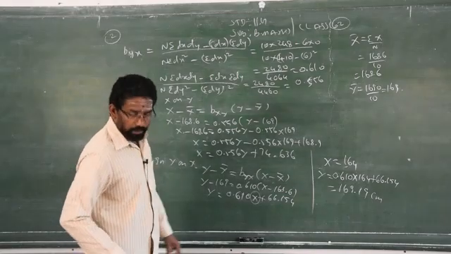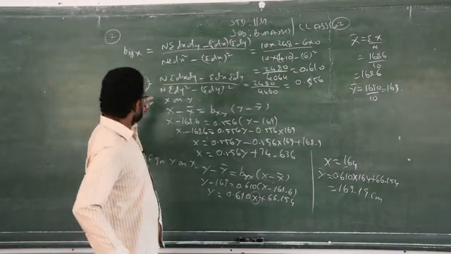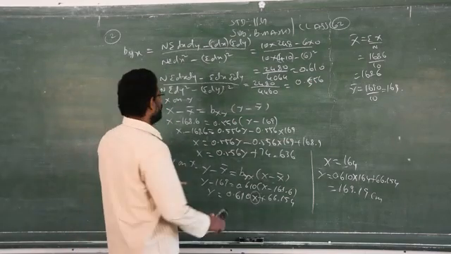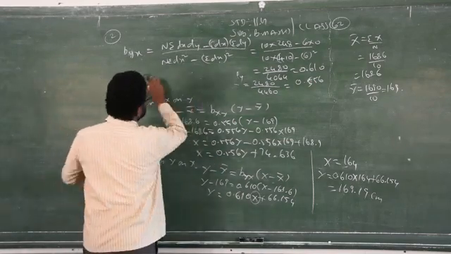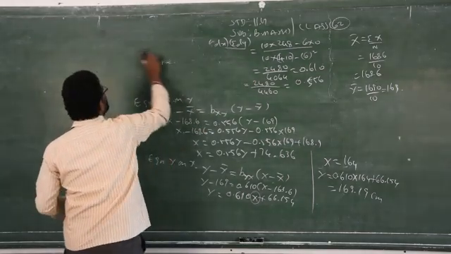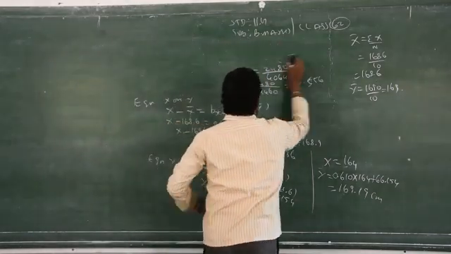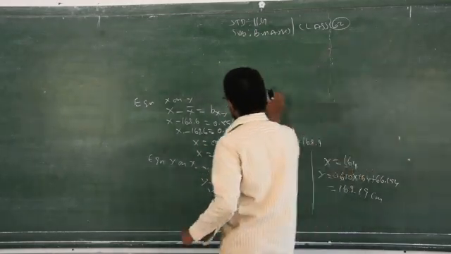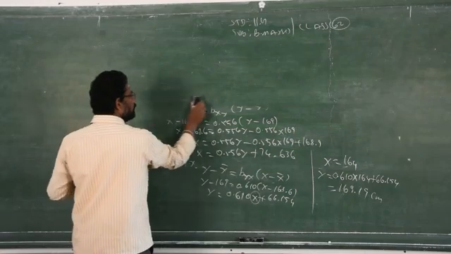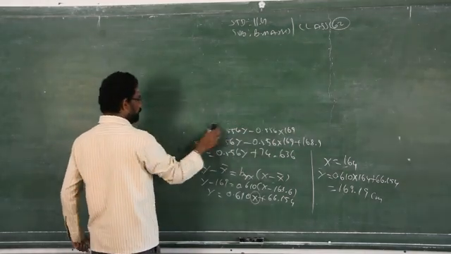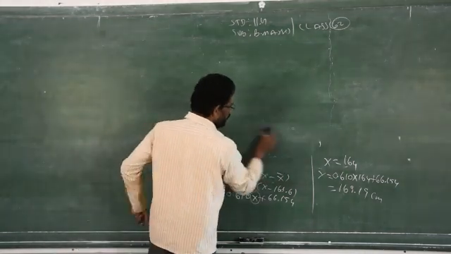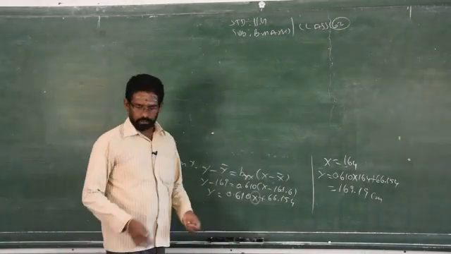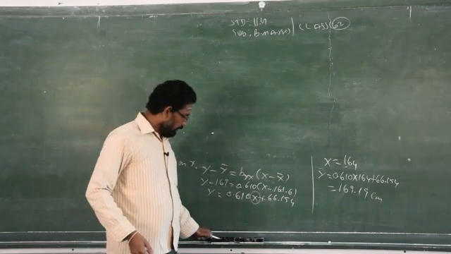They have asked to obtain two regression lines, which means you have to find out the equation of x on y as well as the equation of y on x. It will take more time. Boys, be careful, use the calculator, otherwise it will take more time. If you do not use the calculator properly, then it will take more time. Actually, if you practice, it will take maximum 5 minutes. If you don't practice, then it will take more than half an hour. So be careful, practice at home regularly.